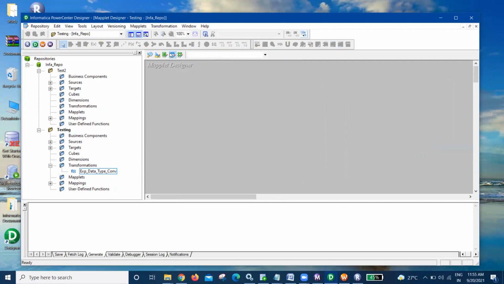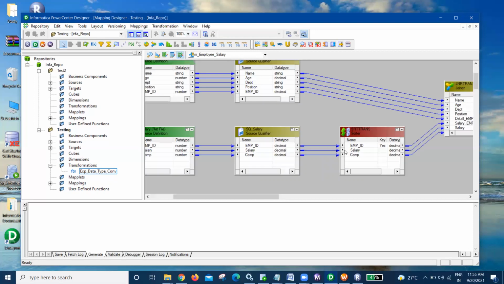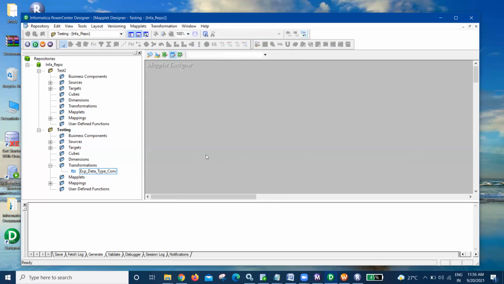Instead of that, you can group the transformations, and you can put one input group and one output group, and it will be treated like one box. You are seeing a lot of boxes here, so it will be treated like only one box, but within that you can open it in the Mapplet window, and it will show you the transformations used in it.